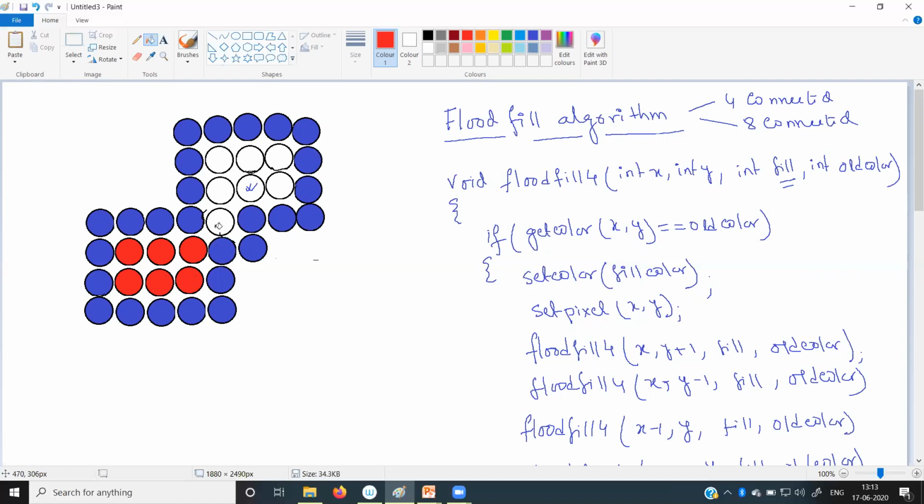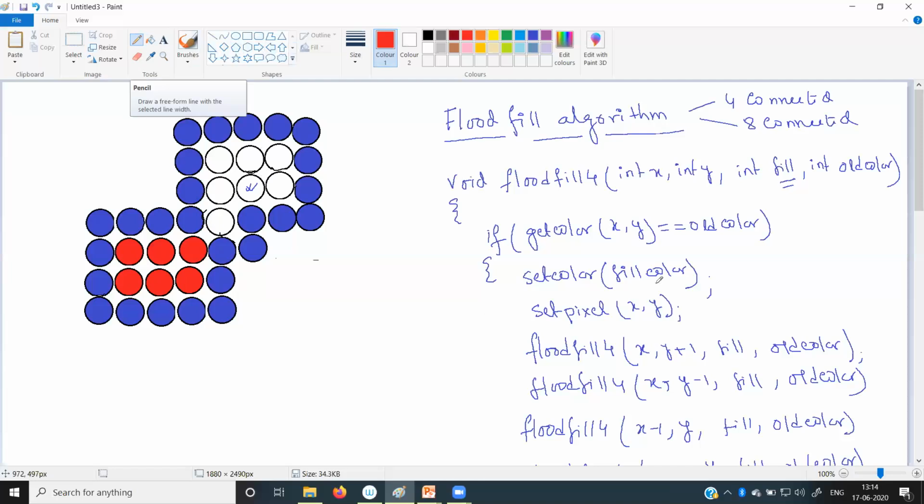So this diagonal pixel is not selected, and as it is not selected, this is the only communication point between this part of the polygon and this part of the polygon. Between these two parts of the polygon, this is the only communication point, and as this point is not selected, the rest of the polygon will not be colored by the desired color. So we have to go for the eight-way connected. So if you go for the eight-way connected, let us check.